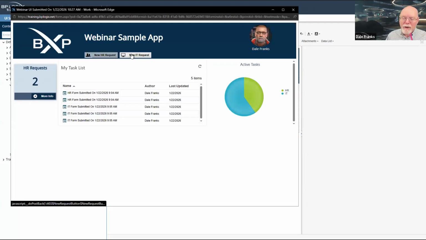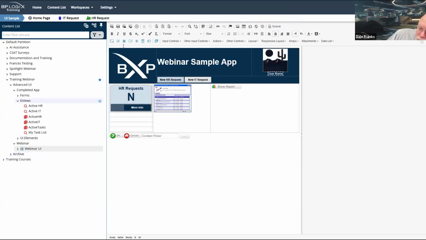Similar thing happens for the new HR request and the new IT request. They haven't been configured. They need their items. So we're going to close this real quick, and we're going to add their items.